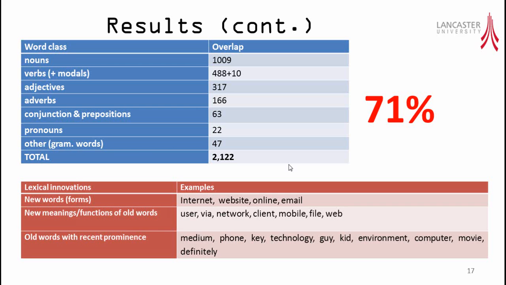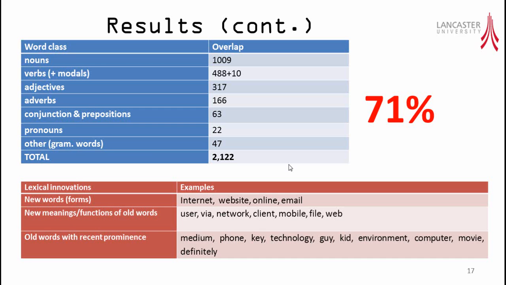We were also able to identify words that have been around for a while, but acquired new meanings due to the changes of technology, such as user, via, network, client, mobile, file and web,